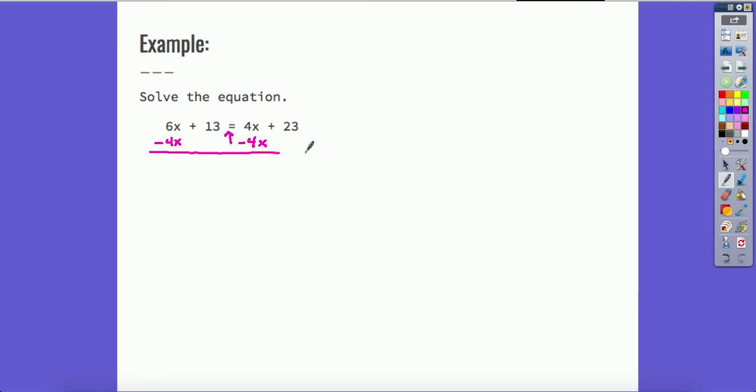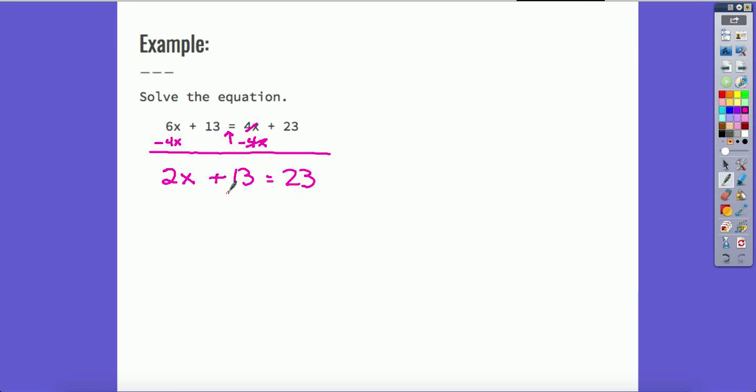And what we notice is these cancel, which was good because I don't want it to be located over here anymore. I want it to become 0. Over here, when I simplify, 6x minus 4x, those are like terms, and that is just 2x. I still have plus 13 equals 23. Now, just by moving this x term over to here, I now have a two-step equation that we're used to